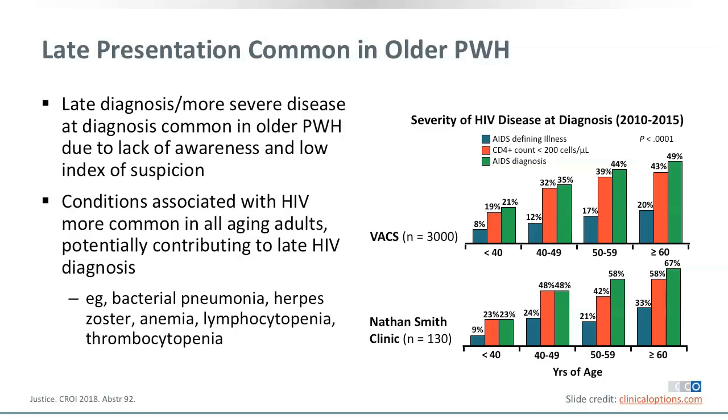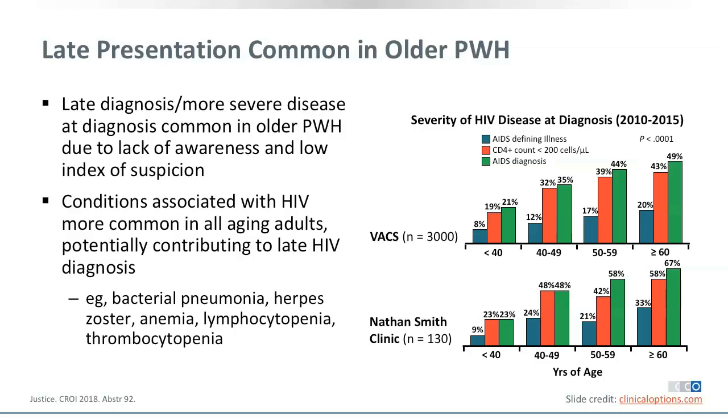Our subject is a late presenter. His CD4 cell count is below 190. Late presentation, as you know, is still common in people with HIV and is particularly common in older people. Patients, as you can see, have been stratified regarding ages below 40, 40 to 50, 50 to 60, and beyond 60. And as you can see, the percentages of these 3 definitions of late presentation increase with age. So the frequencies of these definitions of late presentation of severe HIV disease at diagnosis increase paralleling the age